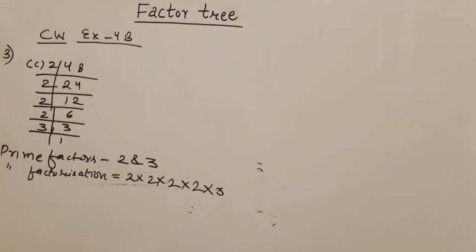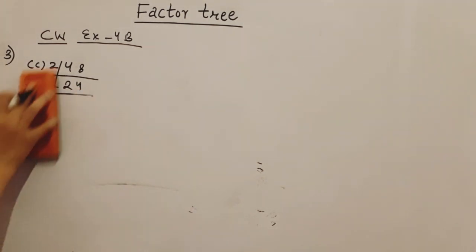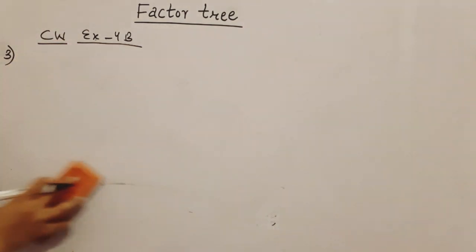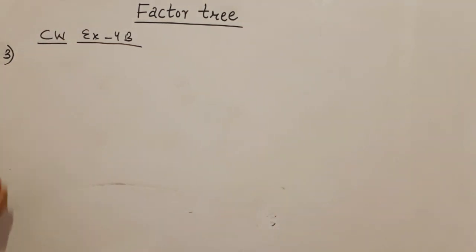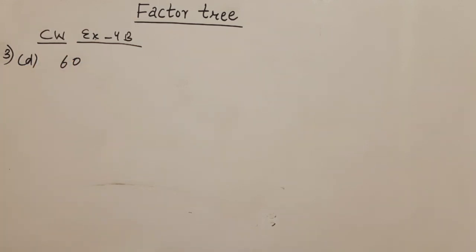Okay students, so the C option is solved now. Now I am going to solve the D option. So please pay attention. तो D option मैंने आपको example में भी समझा दिए हैं ये दोनों ऑप्शंस. So the D option is 60. तो we have to solve for 60.